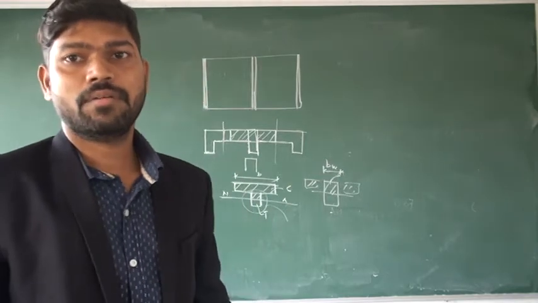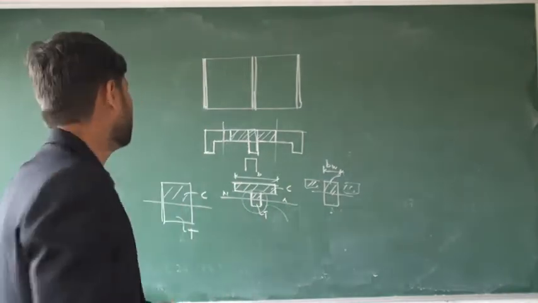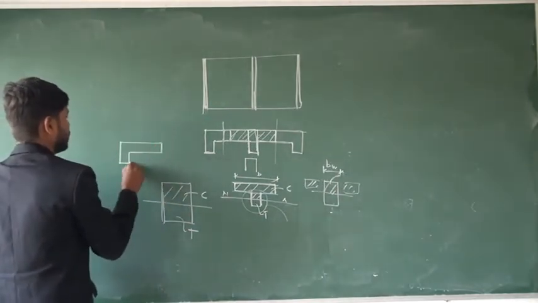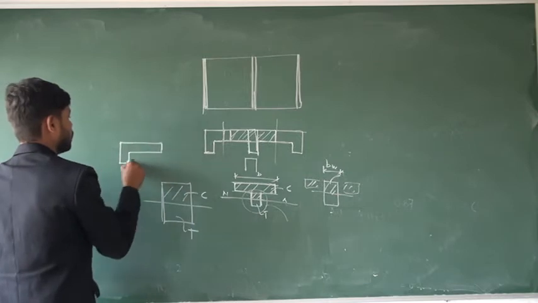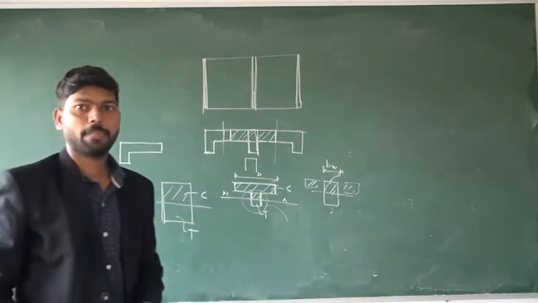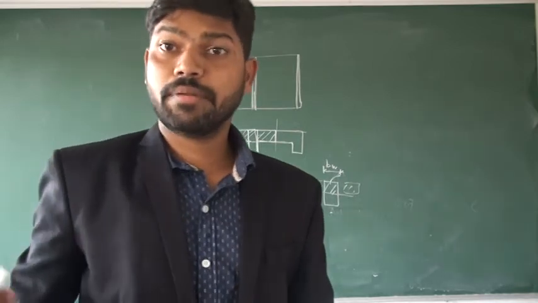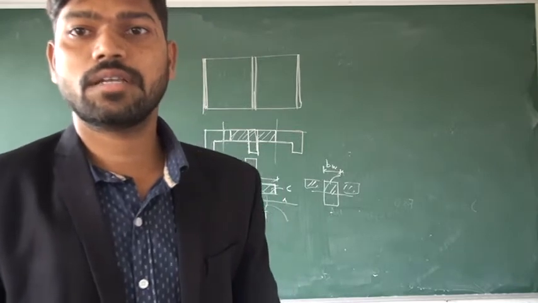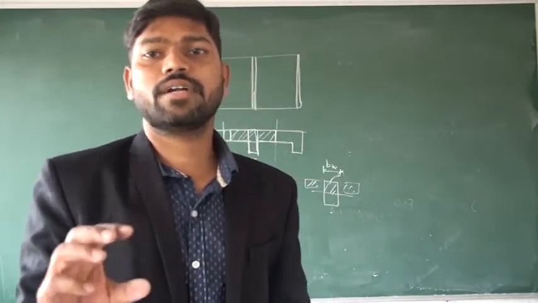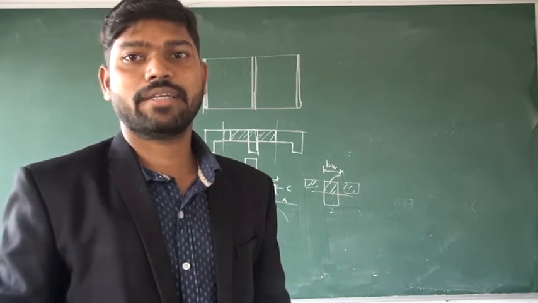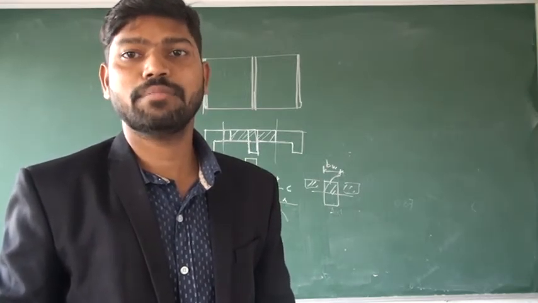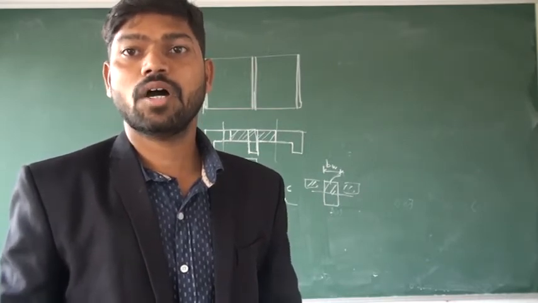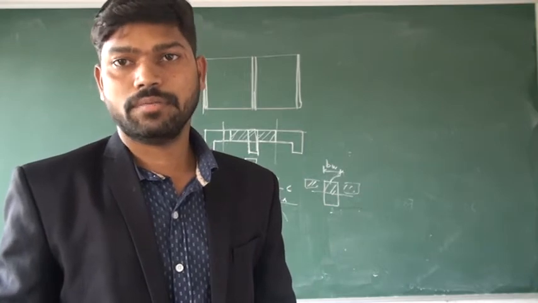If it is a middle beam, it is designed as a T-beam; if it is a corner beam, this corner beam will be designed as an L-beam. In our previous lectures, we have seen design of single reinforced and double reinforced sections, but we considered only rectangular beams. In actual practice, any beam in an RCC framed structure, we design as an L-beam or T-beam to achieve economy,